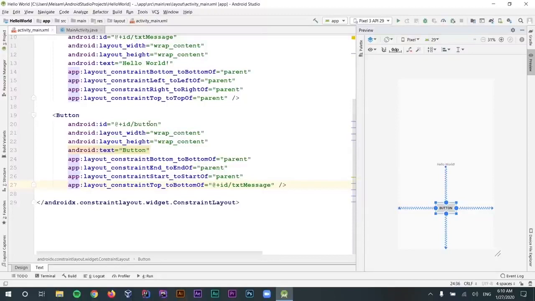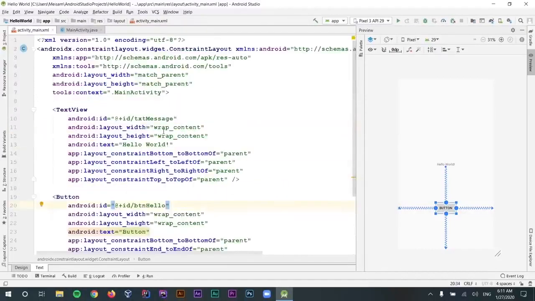Also, it's worth mentioning that by default, when we have created this button, when we have dragged that into our design view, an ID has been added to it as well. The ID of this button is just button. We can change that if you want. For example, I can say btnHello, or whatever you want, but in an XML file, the ID should be specific